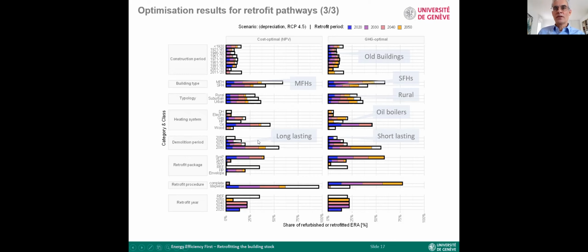And I think what is also very interesting, and here I come back to one of the first slides, very important, is if you look at the retrofit packages, what is really dominating in both cases is the passive house. So this system P, even in the cost optimal case, by far most measures are related to an entire retrofit implying passive house standard, followed by